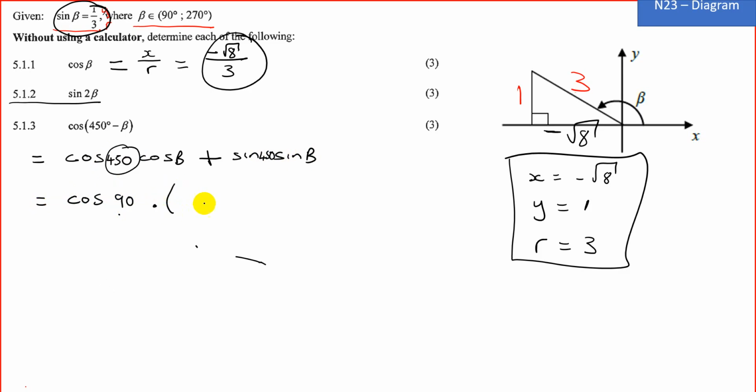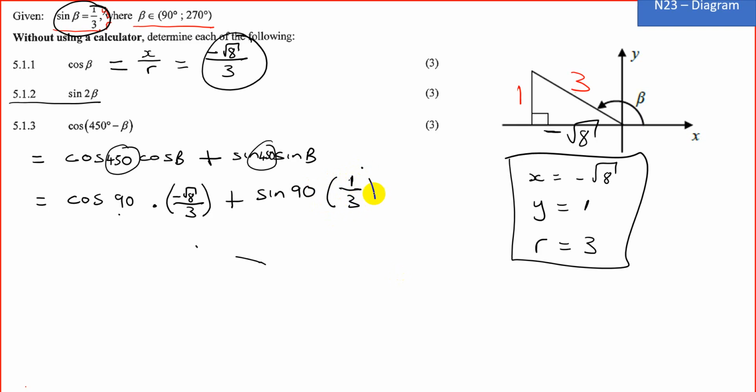Cos beta we can get from the diagram, and we found it in the previous question, 5.1.1, which is minus root 8 over 3, plus, once again for the 450 we subtract 360, and that gives us 90. And sin beta we actually found as well, it was given on the top to be 1